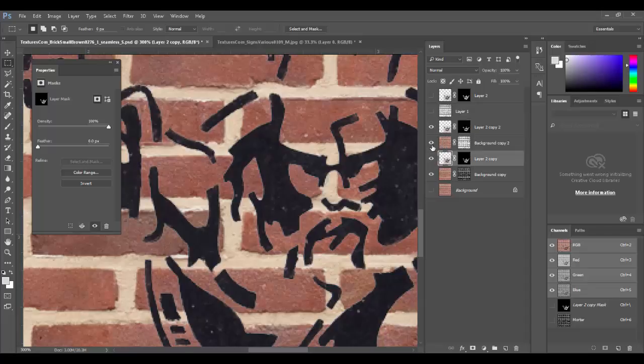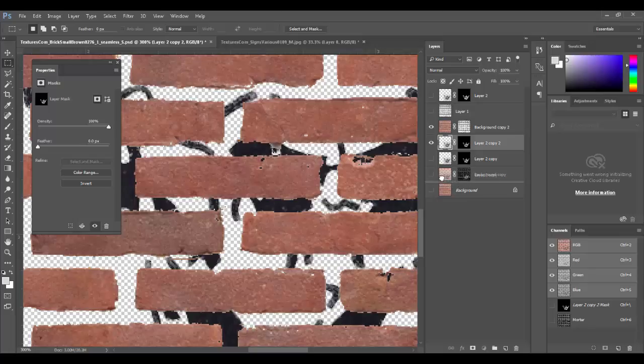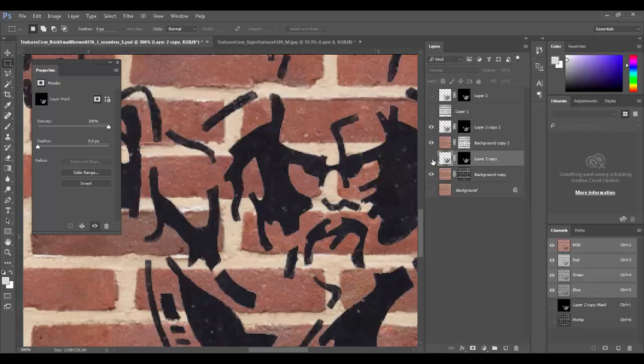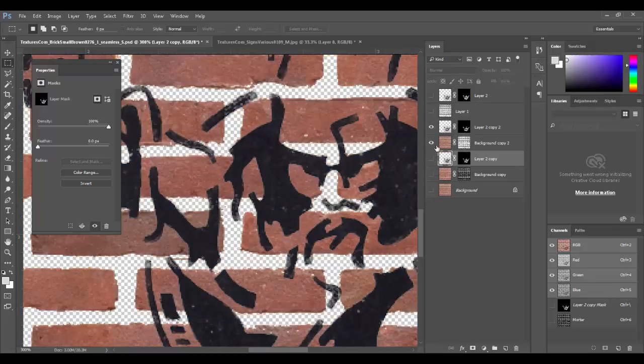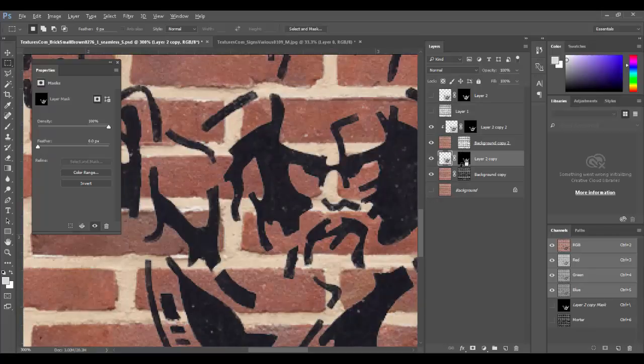And what I can do is, so we see the top copy. Right there. Alright. So the top copy, I'm going to Alt-click onto there. And you'll see that he only is locked into where the brick is. I'll do the same thing for the bottom one. Alt-click between them. And now he's only there. Alright, so now I can go to each one of these and maybe just do